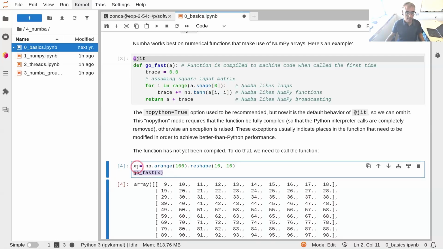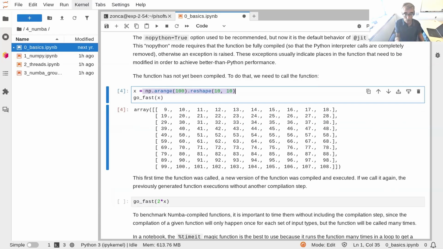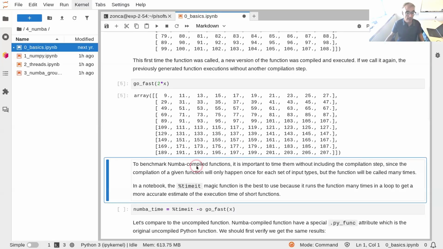So that's why Numba has to wait until you call the function with a specific input to know how to compile it. So it compiles it on the fly, which is really fast because compiling takes a few microseconds, so you don't really notice. And then